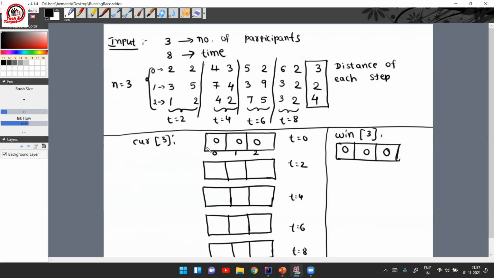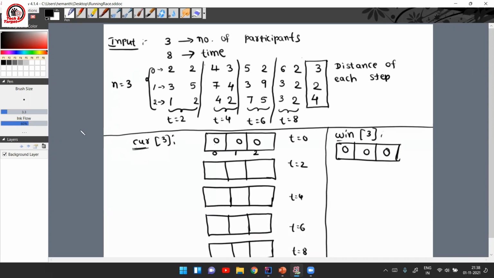We are making an array of size n, where the 0 index denotes the 0th person, the first index denotes the first person, and the second index denotes the second person. So we have created 2 arrays of size number of participants, and this is your current array, and this is your final winner array, right?